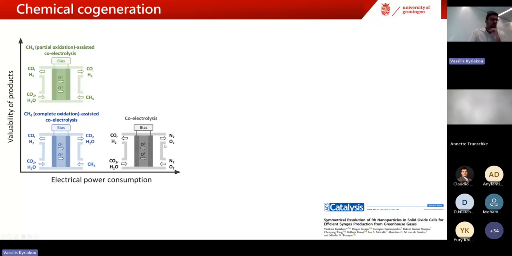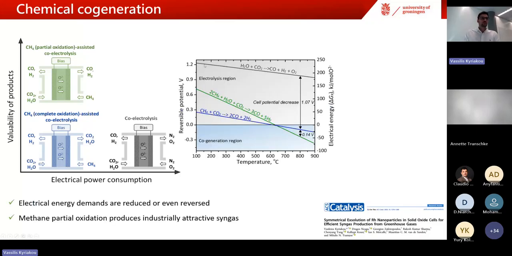In traditional electrolysis, you want to do something which is very difficult. You want to pump oxygen from a small partial pressure of oxygen, of water and CO2, to a large one, which is the air on this side. That means that you have to pay a significant amount of electricity, which reflects in these two above 1 volt necessary even at high temperature.